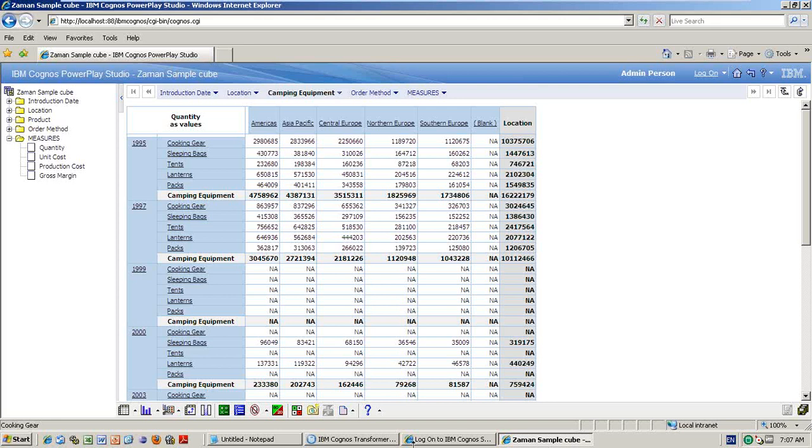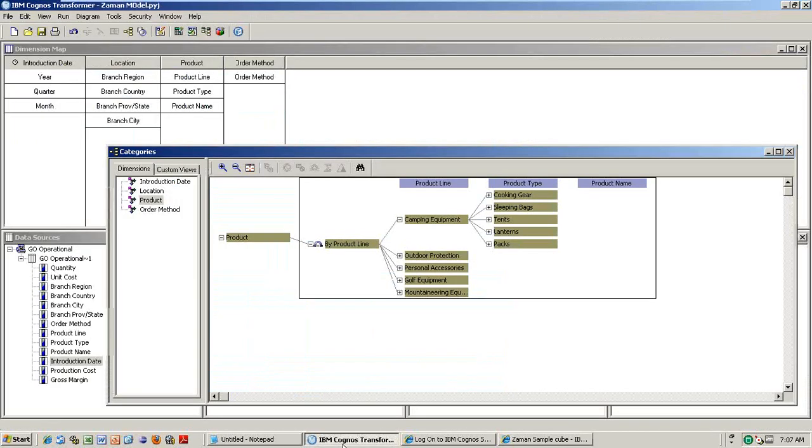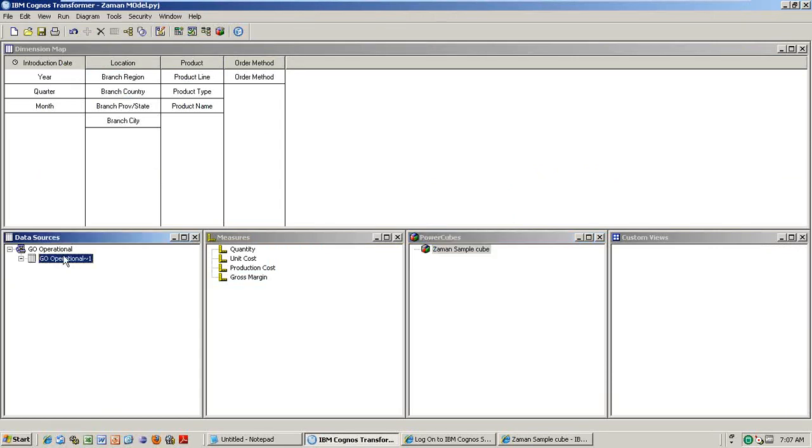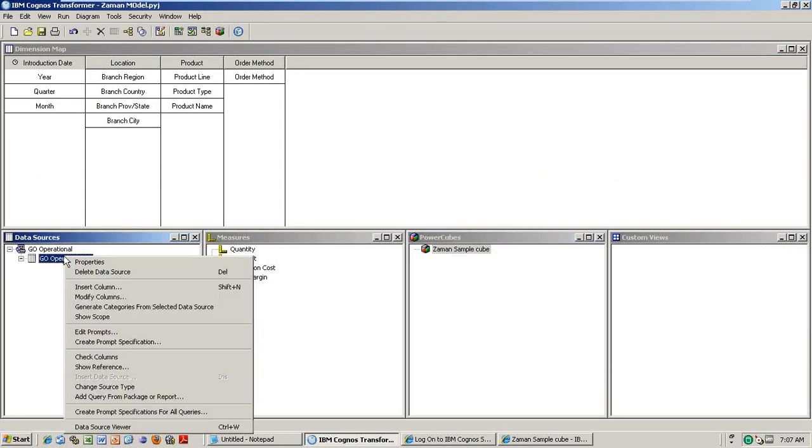Okay, cool, excellent. So this is the overall view. Now I need to go through each and every step. What are the actual values? What are the things you can do in the data sources? If you right click here, these are the things available. What do you mean by first, properties?